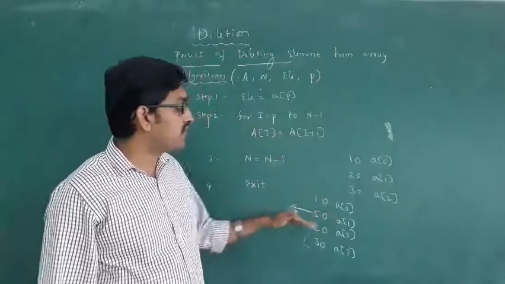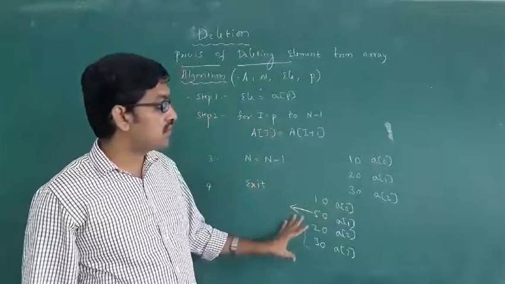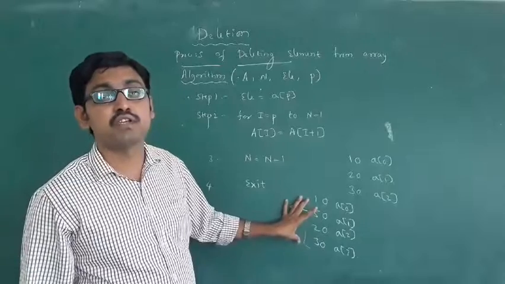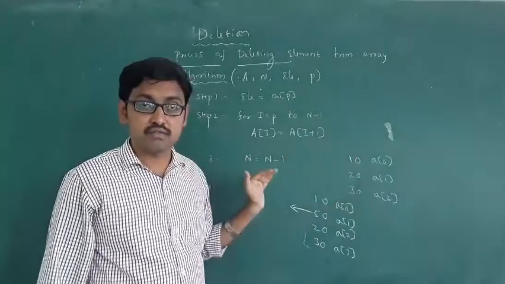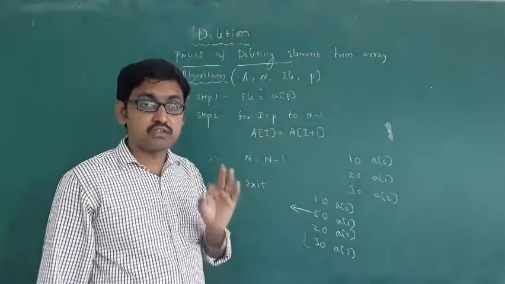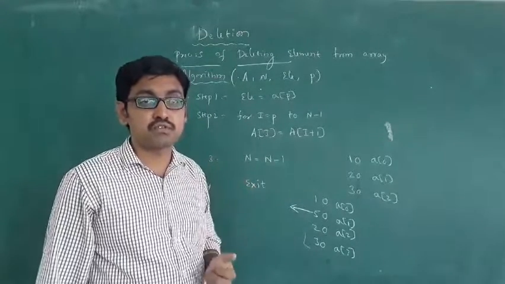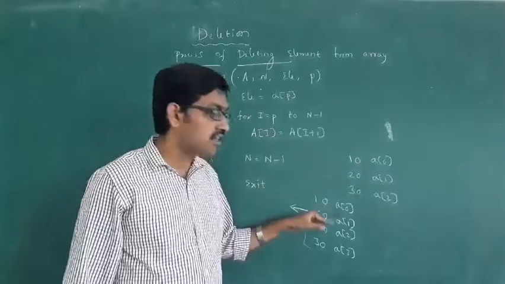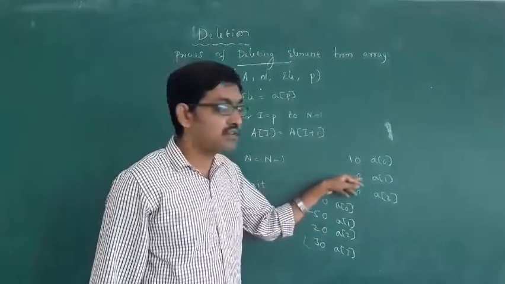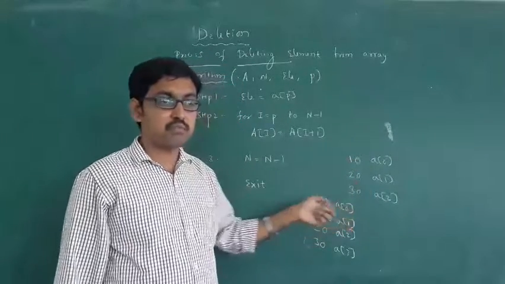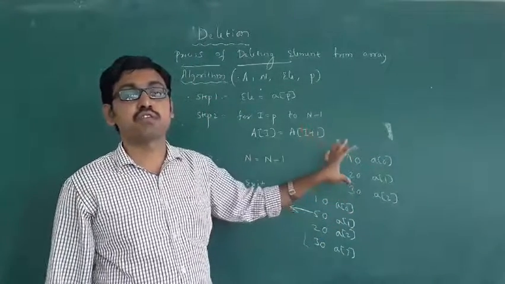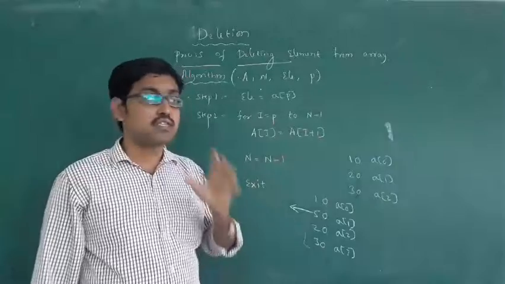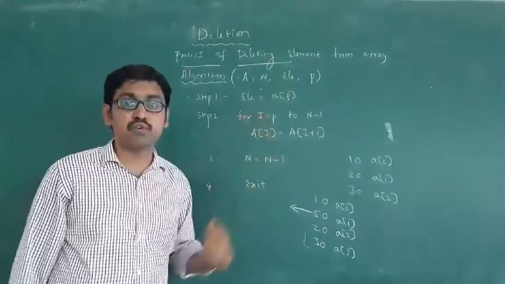When you delete 50, how many elements are left? There were 4 elements; after deleting, 3 elements are left when you delete the 50. Okay, this you have to remember. This is called the deletion process. Insertion means you have to insert. For example, when inserting 50 you get 4 elements, but when you delete 50 you get 3 elements. This process is called deletion. Got it?